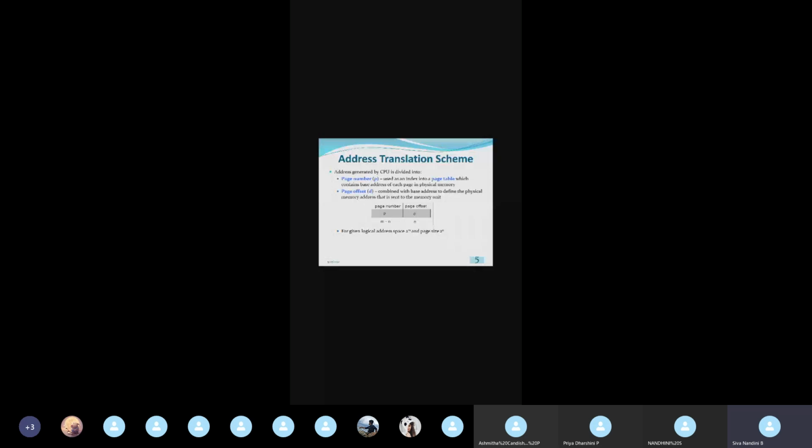We can have n number of frames or n number of pages as possible. So for representing the pages, we need m minus n bits. The offset will also vary accordingly; that offset will be of n bits. From that only we can obtain the capacity of logical memory. The logical memory capacity will be 2 power m, and the page size, the length of the page, will be 2 power n. Okay. This we will also see in the upcoming slides.